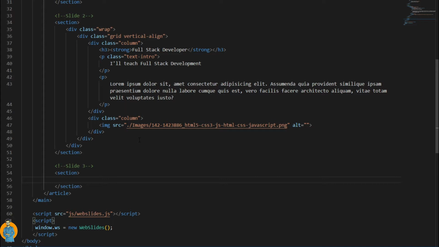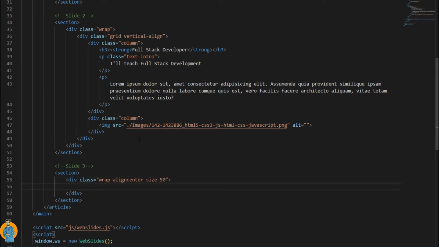First of all, we will create the third slide into a wrap. So we will use the wrap, and then that should be center aligned, right? So we will use the align center class, and then okay, actually it is center. And then we will use the font size. Okay, so size is around 50. Yeah, that's fine. Now let's create a heading that can be like h1 and then strong, and that can be refiner and my name,